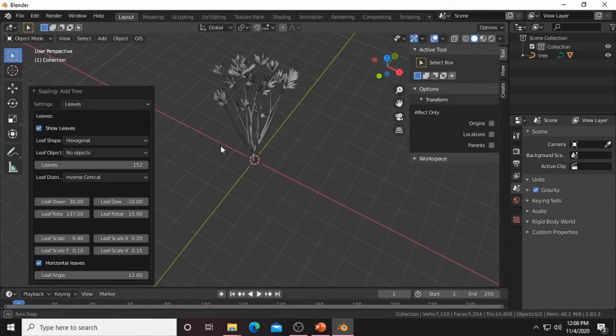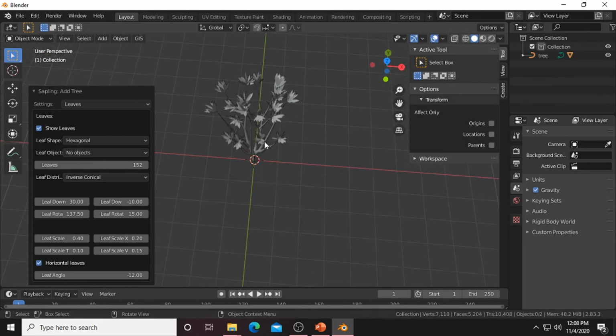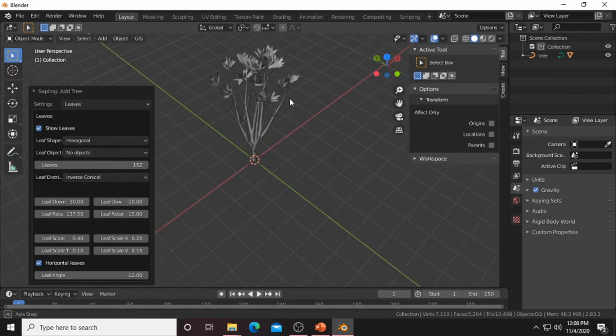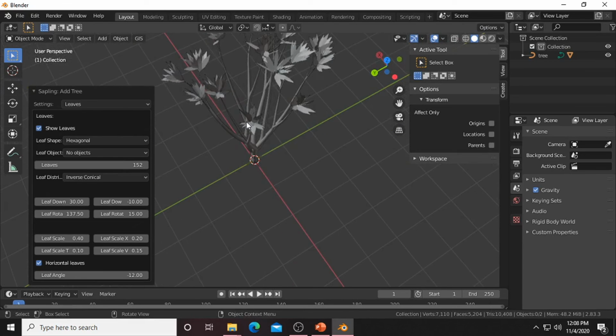In this way you can create some basic trees or plants using Blender without much working Blender experience. If you want to learn more about Blender,